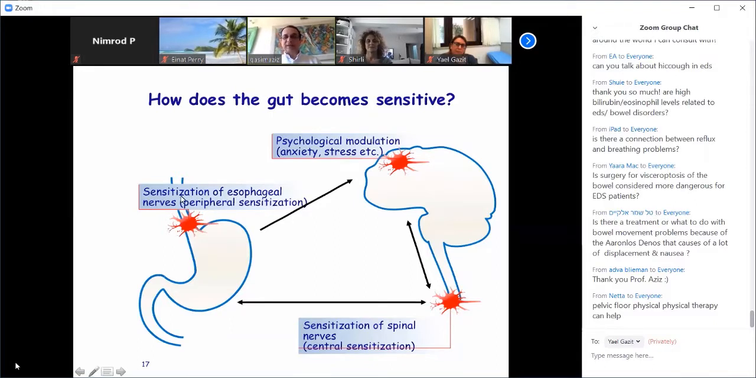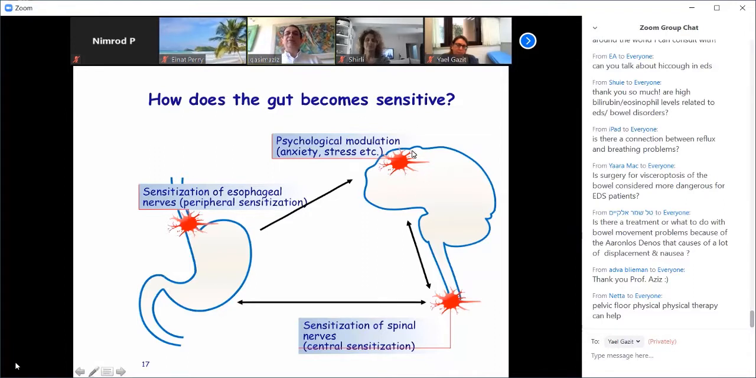So when the nerves are sensitive in the gut, it's called peripheral sensitization. When the nerves are sensitive at the level of the spinal cord, it's called central sensitization. Even once the inflammation is healed, if you develop central sensitization, the nerves can remain sensitive. So central sensitization, once it occurs in the spinal cord, can keep the nerves very sensitive for a long